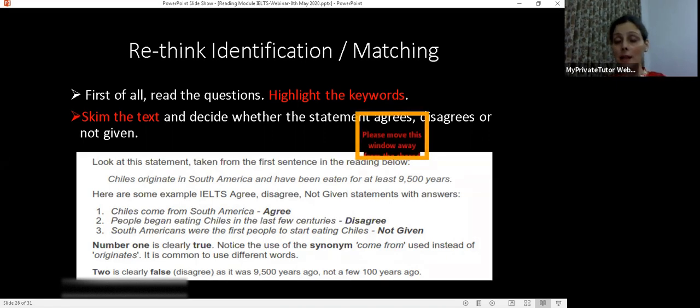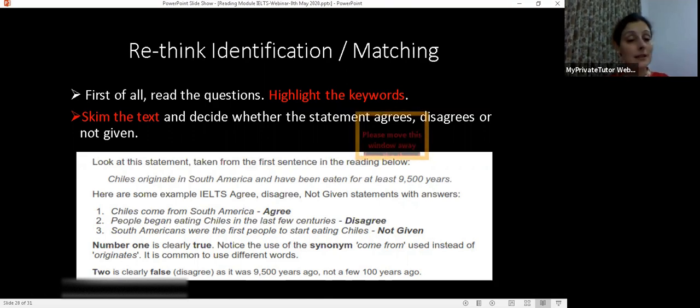One sentence is given to you: Chilies originate in South America and have been eaten for at least 9,500 years. You have to choose agree, disagree, or not given. These are the words that you are going to mention. If you agree, you have to say agree, if it goes with the